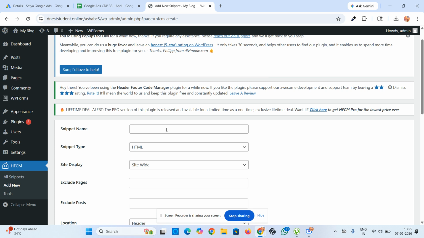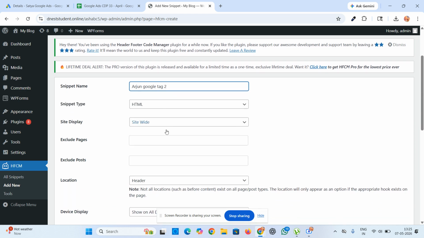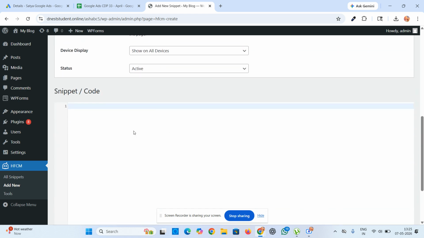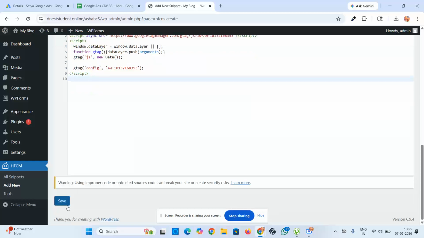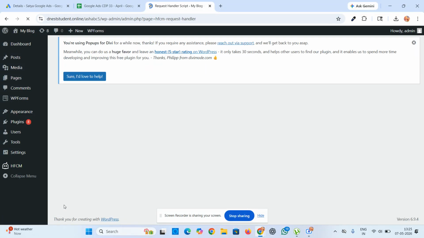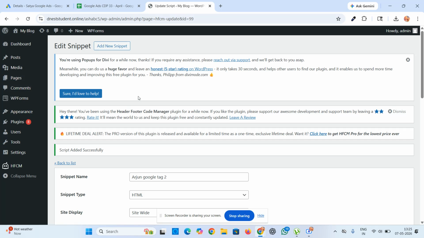Here for the snippet name, just make sure to add your name, Arjun, Google tag code 2, and just scroll down. Here we have to paste our code and then save. So now one code is completely pasted.